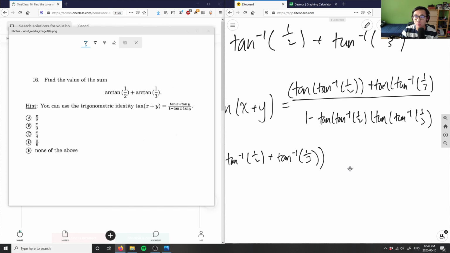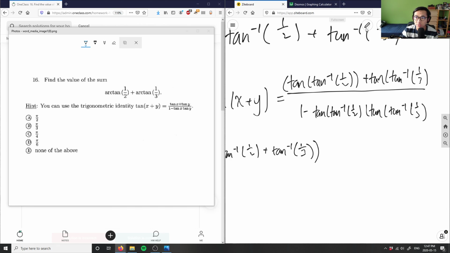So what I have here would be this, right? I have this would equal, again, tangent and tangent here, they're going to cancel out. These tangents are going to cancel out as well. And then I have 1 minus times the tangent here, this here is going to cancel out, and this guy also cancels out as well. So I would get a value of,